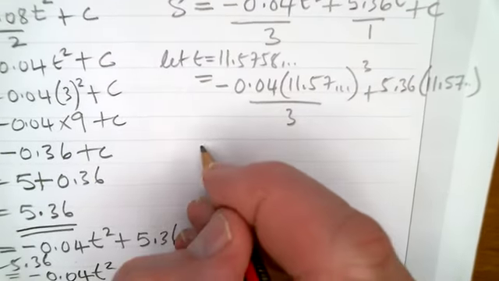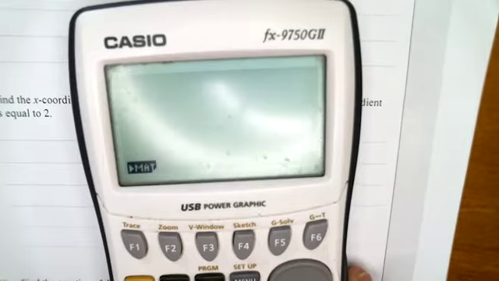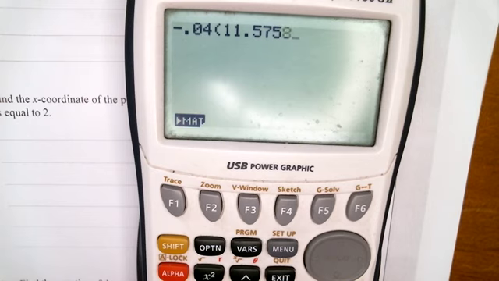And that equals, let's see what we've got there. So it was negative 0.04 times, and we've got the thing we had before, 11.5758369, cubed, and the whole thing divided by 3,